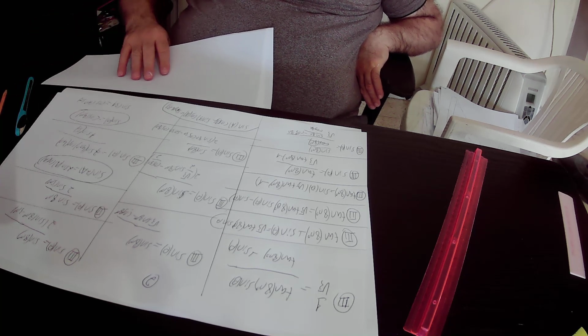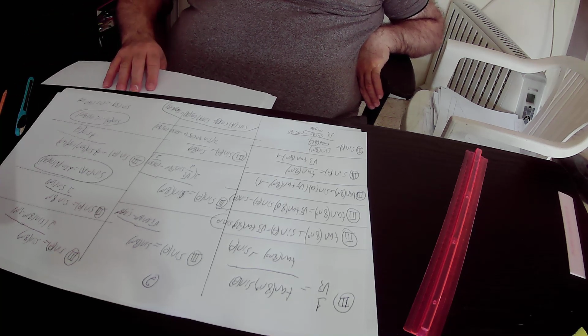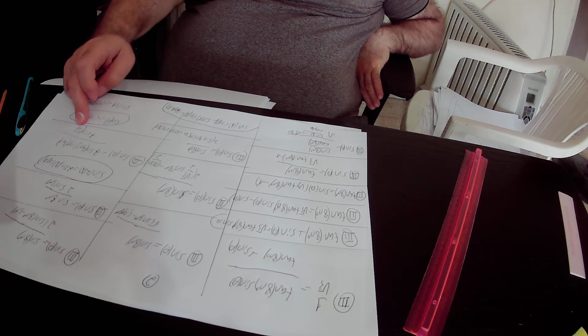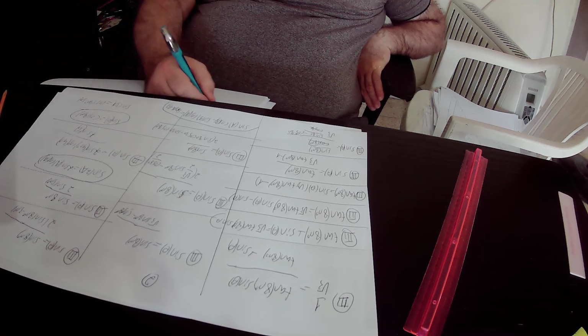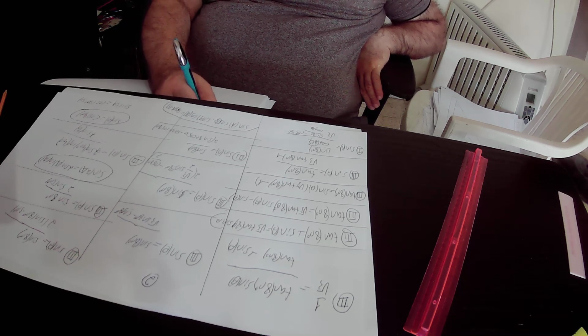We will substitute sinus 50 degrees in equation number 3 by cosine 40 degrees, and we get that according to equation number 3,